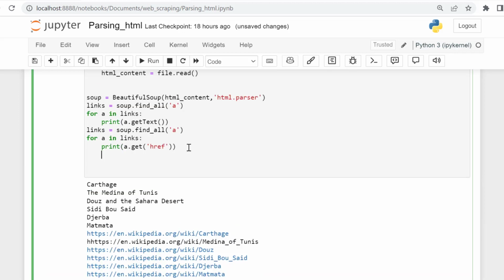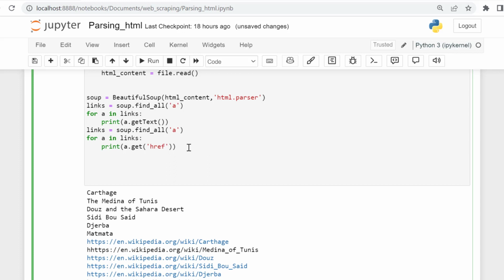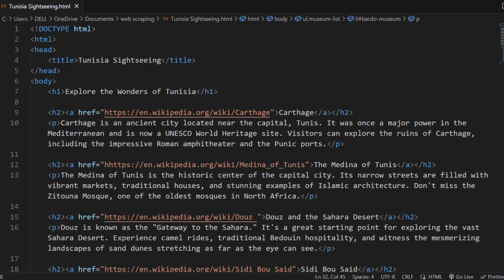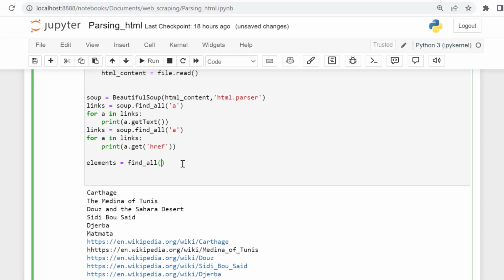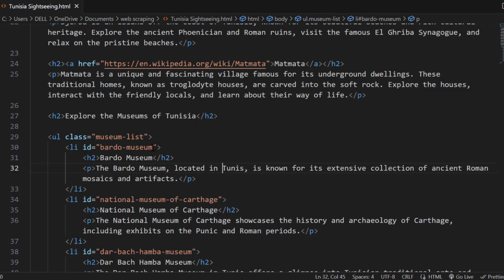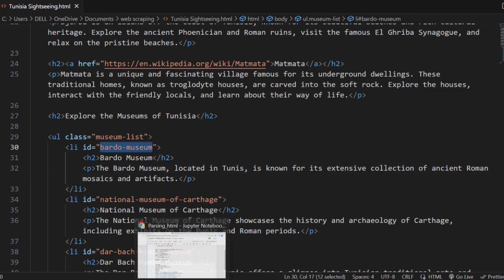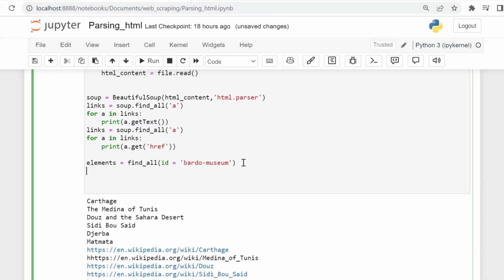Or as we said, you can make from the beginning the search by attribute. So we will write elements equal find all. We can try another attribute. Let's have a look at our HTML file. For example, here the ID attribute, and between parentheses the attribute name. So this is the attribute name, and just copy the ID, copy it and go here, paste it, and make a for loop for element